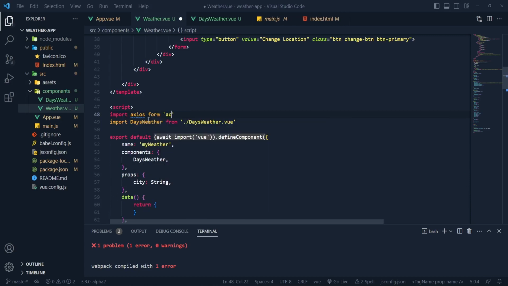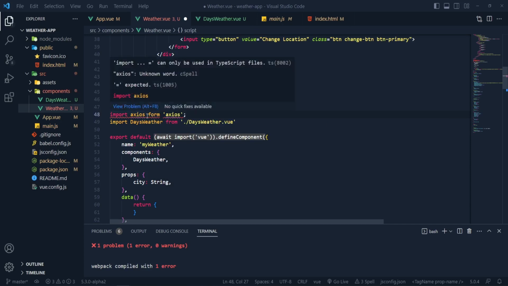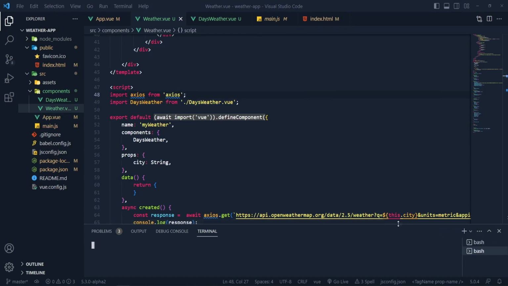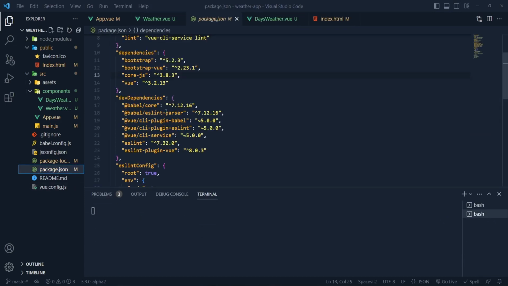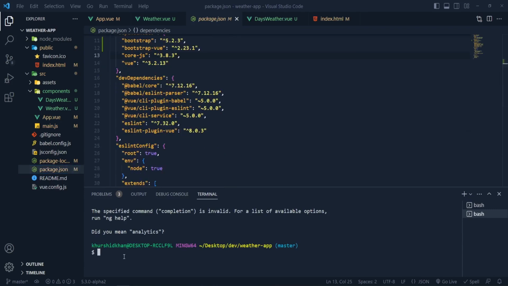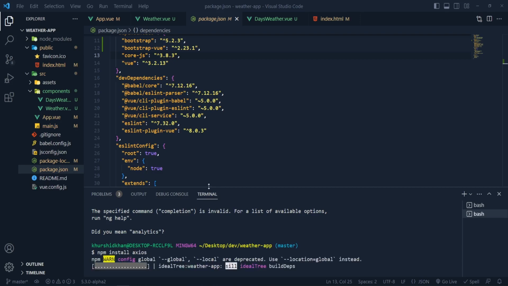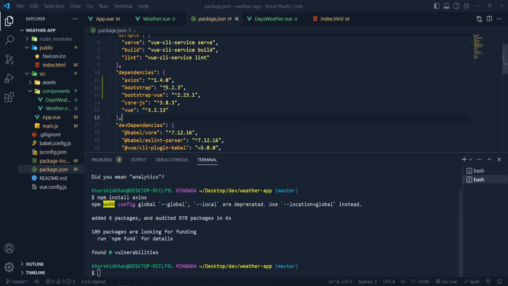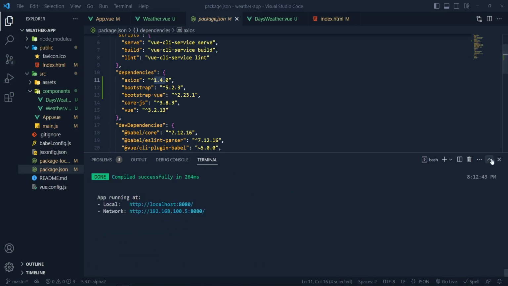And I think I haven't installed the axios, so I also have to install that. Let's open the new git bash, and if you see in the package.json, we don't see any axios dependency, so let's install axios. Wait a while for this. Alright, so our axios dependency is installed. Now if we go back,